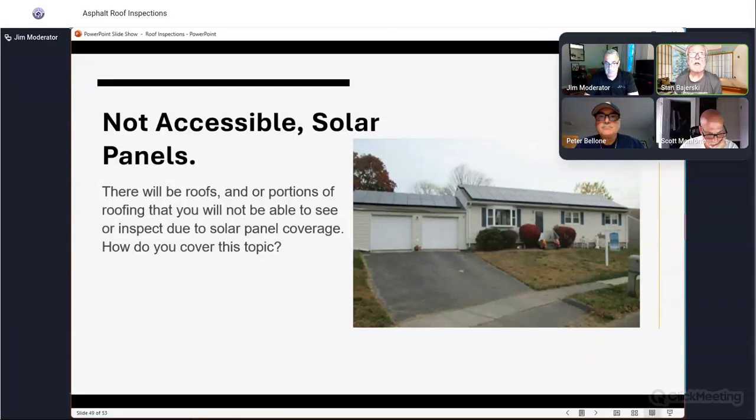There will be roofs and or portions of roofing that you will not be able to see or inspect due to solar panel coverage. How do you cover this topic? You know, some of the roof, very little of that roof. I think that's a little overkill with solar panels, but there wasn't much to be able to say about that. Plus, depending on how the solar panels are installed, crap gets stuck behind them, could just sit there and ruin the roof that you can't even see, can't even get to. So you really got to figure out language to cover